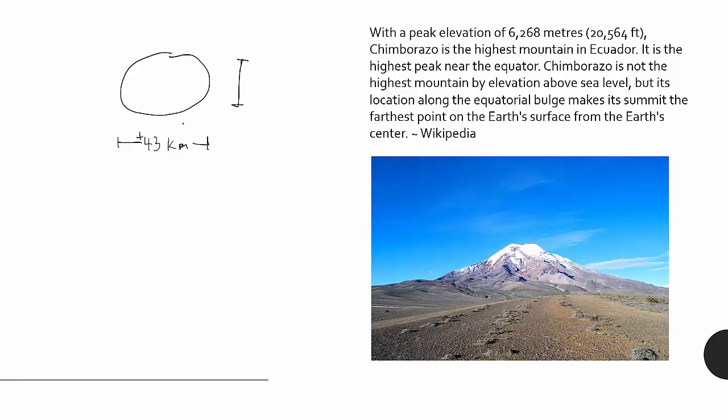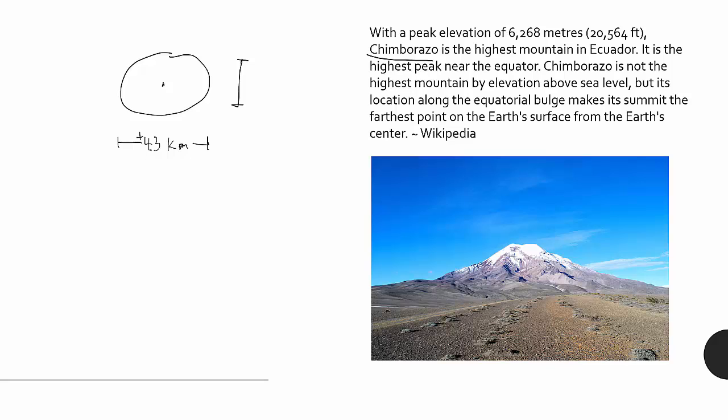And that leads to some interesting things. We talked about Mount Everest earlier, which a lot of people talk about as the highest elevation on Earth. That is true, but that's if you're measuring from sea level. But if you are measuring from the center of the Earth, things on the equator will be farther than things off the equator. So it turns out there's a mountain in Ecuador called Chimborazo, and that is the farthest point on Earth from the center of the Earth, or it reaches the furthest amount out into space, which is kind of cool.